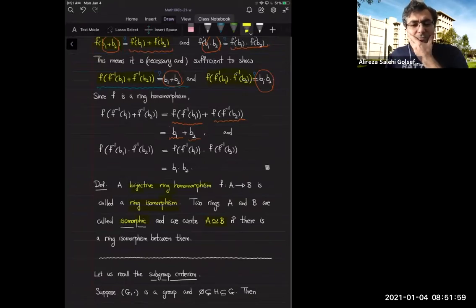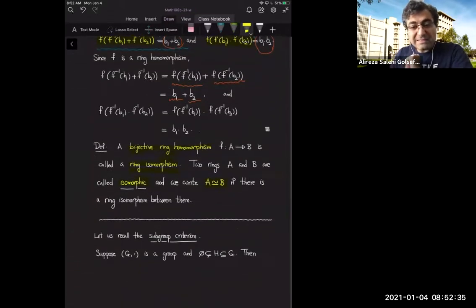Okay, now we want to go back and understand subrings a bit better. But to do so, I need to recall a statement that you've seen in group theory. Let's recall the subgroup criterion. So what was it? In general, what is a subgroup? A subgroup is a non-empty subset of a group that forms a group under the same operation. And in group theory, you've seen that a non-empty subset of a group G is a subgroup precisely when